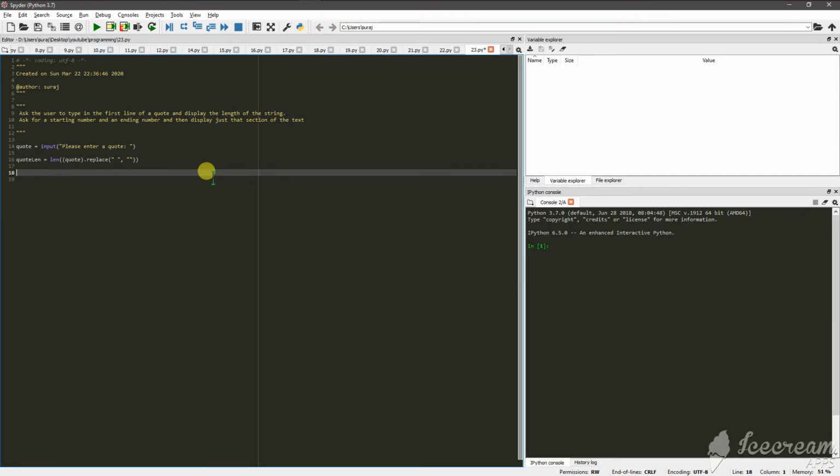So let's say start is equals to int of input of enter the starting number, and then we're going to say end equals to int of input enter ending number. Alright, and then once we have that, we